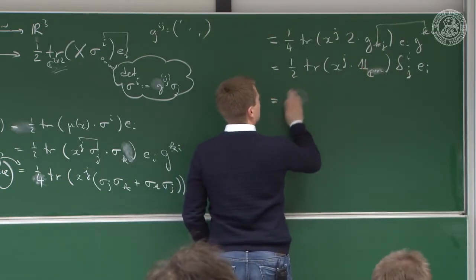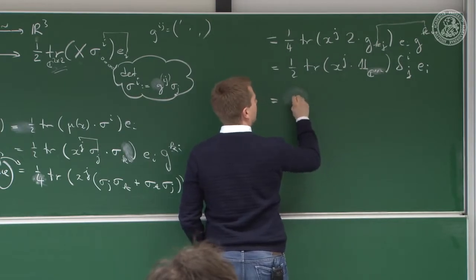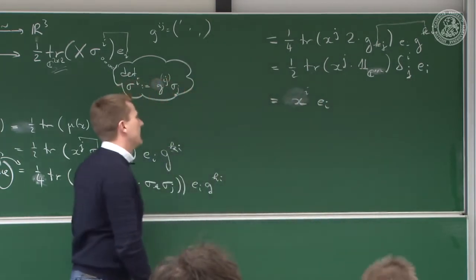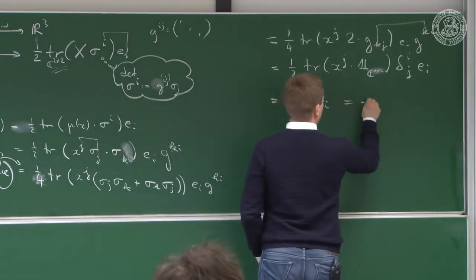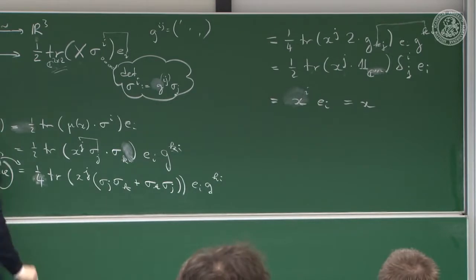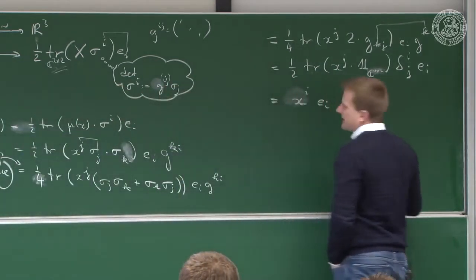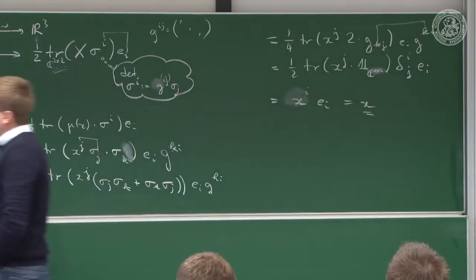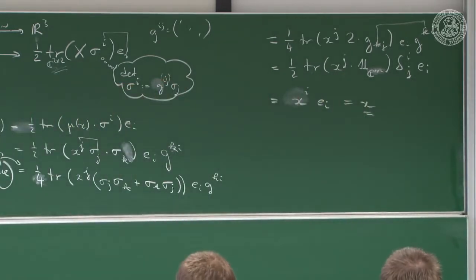So the trace is taken care of. This is x_i e_i. And indeed, that's x. Very good. So mu inverse of mu of x equals x. Okay? And now, of course, you also have to check the other direction, but I think that we